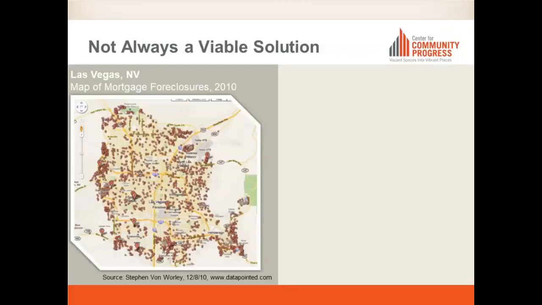Well, let's look at one community, Las Vegas, Nevada, and we've done some technical assistance work with that community. If you look at this map, it's a map of the mortgage foreclosures. This was back in 2010. But you can imagine if you were a legislator in Las Vegas, you might have a lot of residents and constituents calling you saying, there are vacant properties all over our neighborhood. Well, this is again where we encourage communities to make sure you understand your inventory. Because if the overwhelming majority of vacant properties in Las Vegas